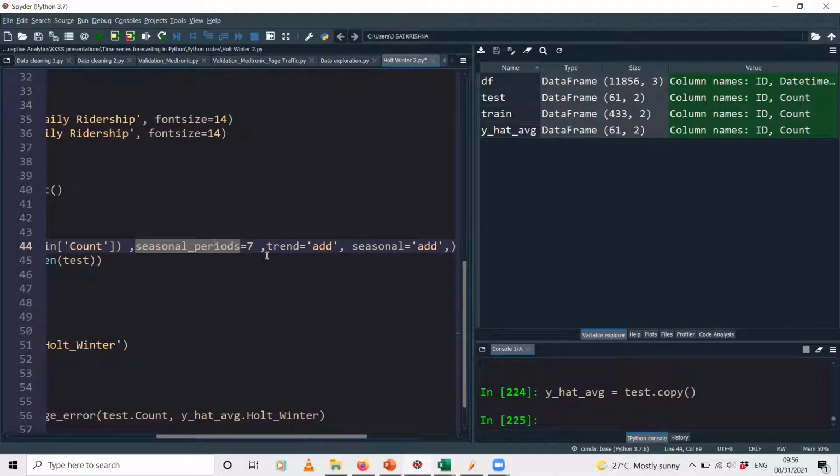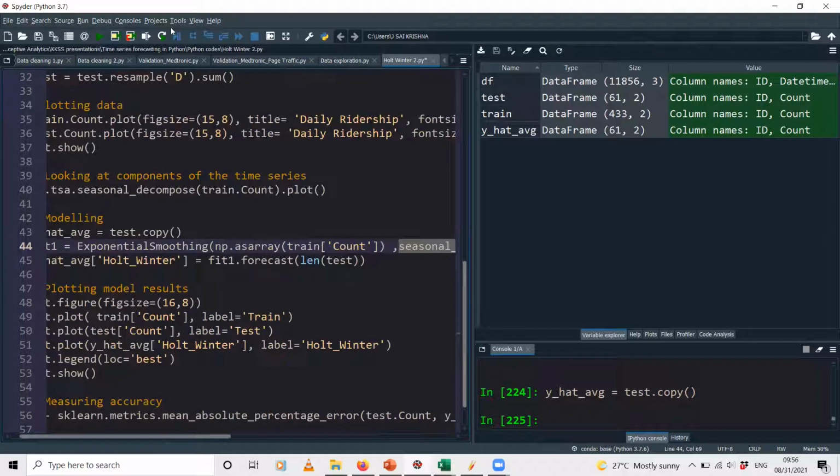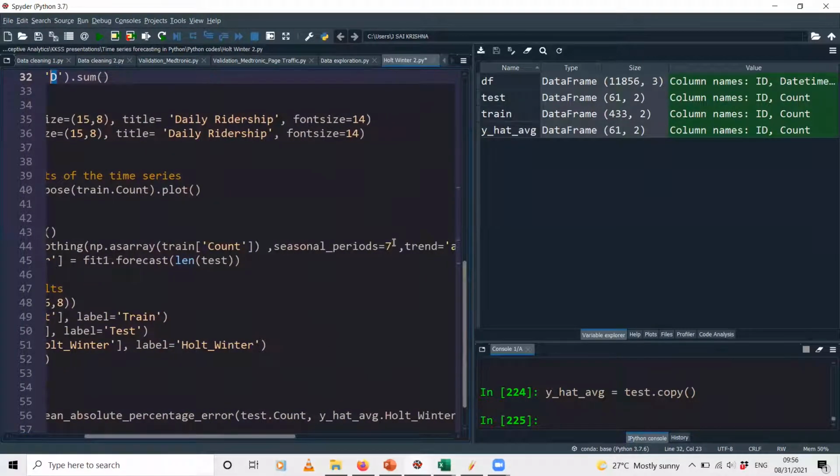So that is why when you aggregate, you aggregate at a day level or a month level, and then you give it accordingly. For example, you have specified the value of D over here. So you see here at the top, specify D, which indicates that you have aggregated over days. After doing this aggregation, if you give the value of 7, then it means 7 days. Now, if you have specified M in the aggregation, and if you give 12 in the seasonal periods, then it means 12 months. Like that, it basically takes the data level, and accordingly it will assign the seasonal period units.